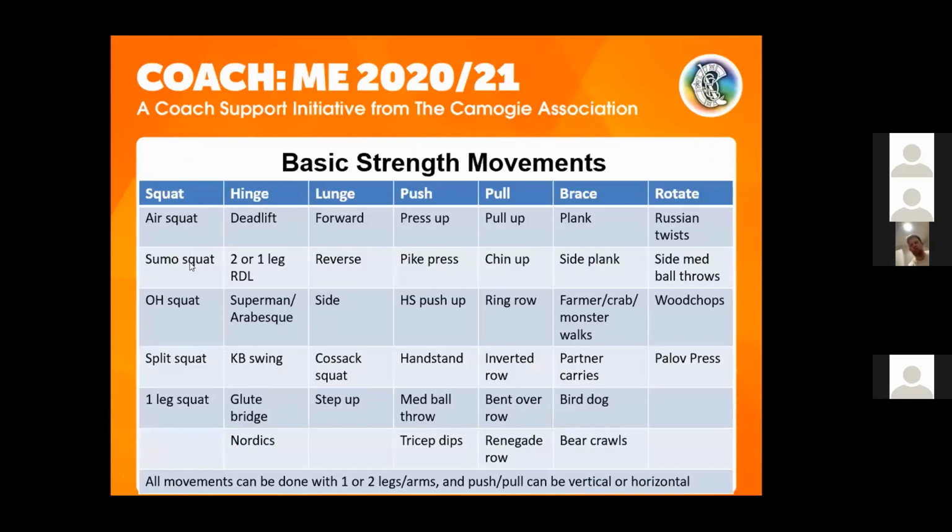So you've got an air squat, sumo squat, there you go. Then you've got all your deadlift variations. And all these movements should be done with 2 legs and 2 arms first, and then you can go on to 1 leg and 1 arm. So it's easier to go with 2 legs and 2 arms, harder to go with 1 arm. So that's, again, your intensity you're looking for in terms of you can manipulate that to make things a bit